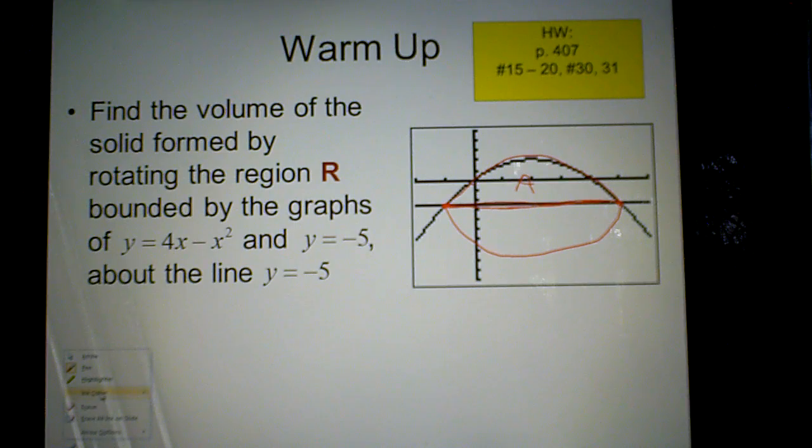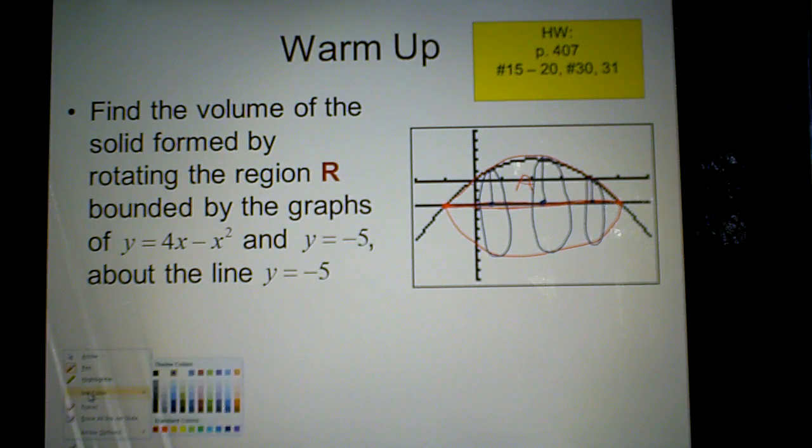I think to myself as I'm drawing, go from the axis of rotation up to the function, spin to the axis of rotation, spin to the image, and back up. Potato chip 1. Axis of rotation, up to the function, down to the image and around. Potato chip 2. From the axis of rotation to the function, down to the image and around. And it is this radius that I need to